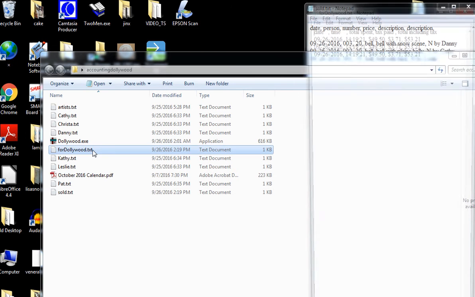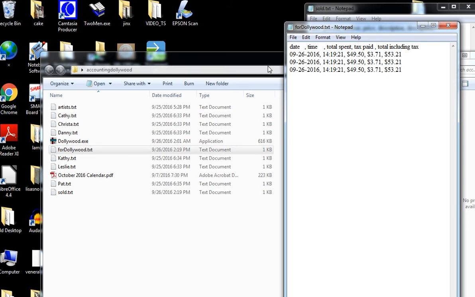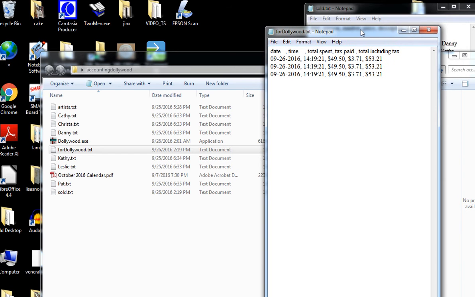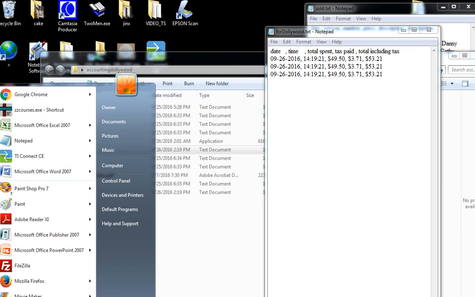Watch what will happen for Dollywood. Here's the date it was sold, the time it was sold, the amount of money, the tax, and the total. These are the things that Dollywood wants. They are recorded automatically. This Dollywood thing can be brought into Excel,